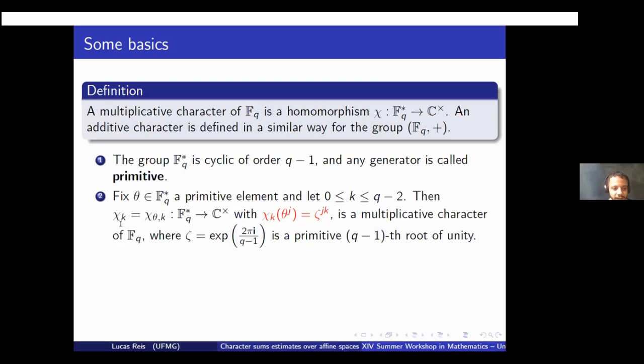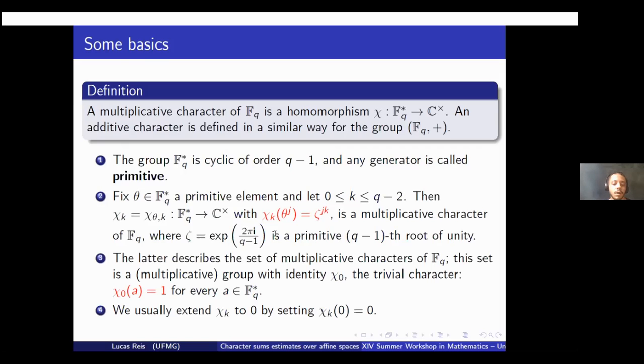So essentially, we have this index k here. k is an integer between 0 and q minus 2. And so we define this function. We take any generic element of F_q star. Since theta is a primitive element, this generic non-zero element is a power of theta, so theta to the j. And so I just define chi_k at theta to the j as eta to the jk. And eta is a primitive q minus 1 root of unity, right? So it's direct to verify that these are multiplicative characters of F_q,